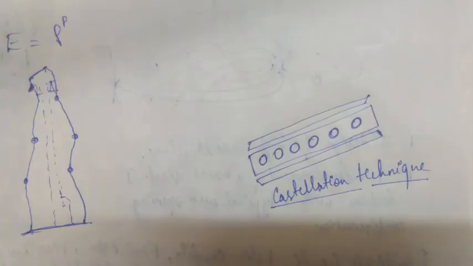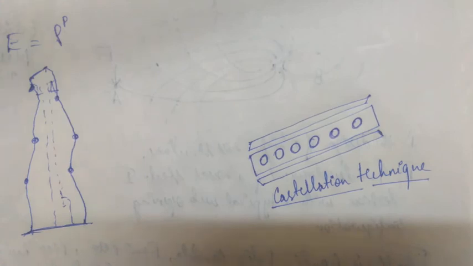Now the topological optimization in structural design of a member. This is a diagram of the castellation technique, and the judicial placement of holes in the web of a steel beam has been employed to design a lighter and stiffer beam for over 100 years. The original concept of creating a beam with a web opening can be attributed to the scientist